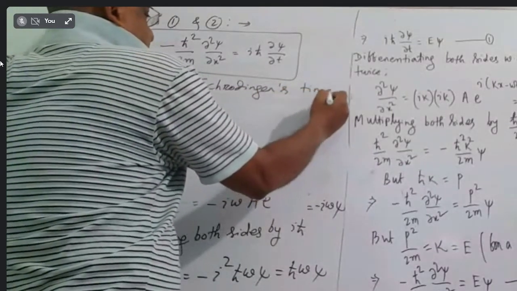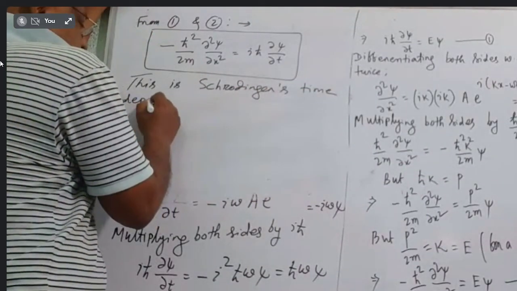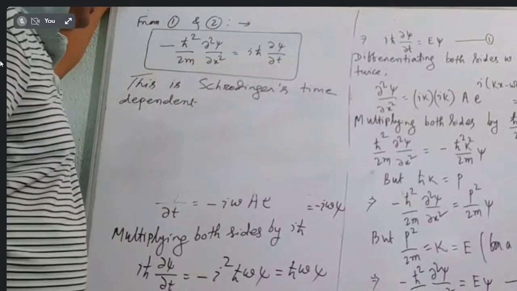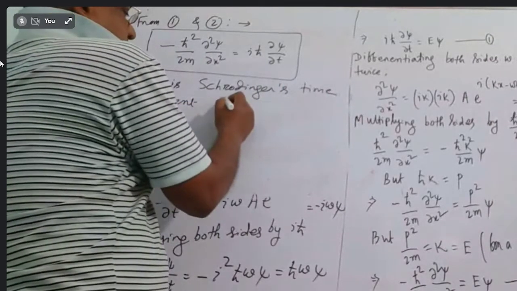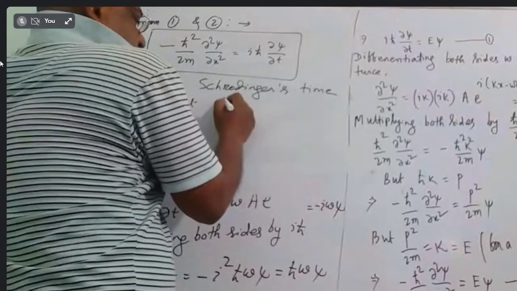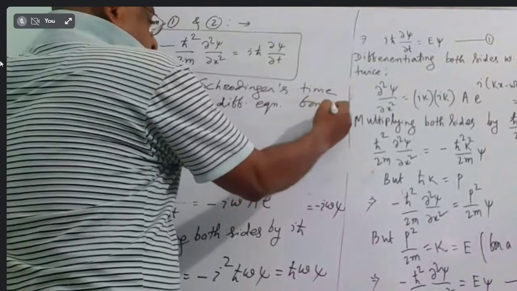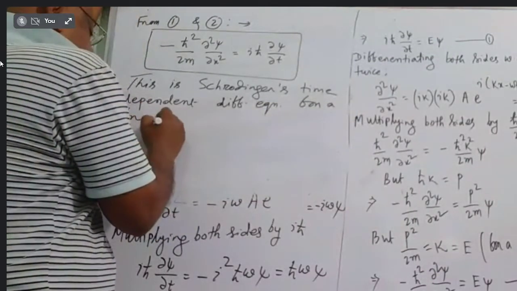Schrodinger's time dependent. Why time dependent? Because the differential equation contains time within it. Time dependent differential equation. But for a free particle, because we have started with a free particle,